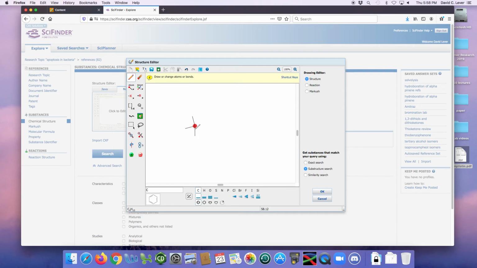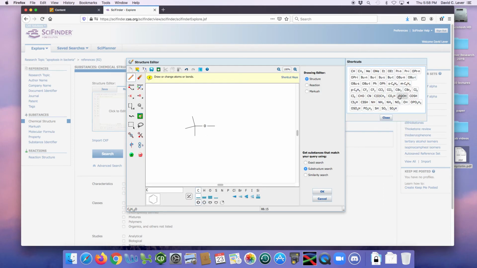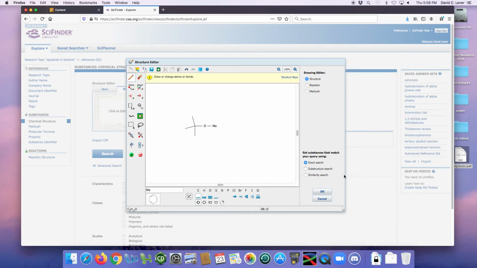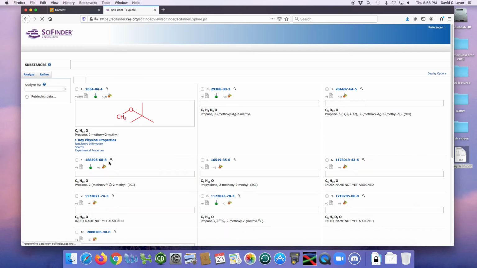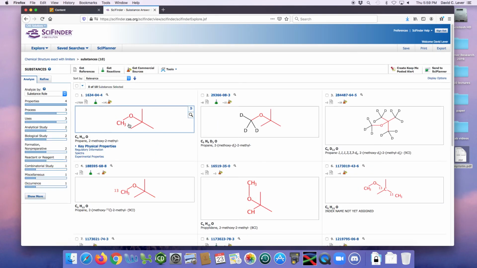There's a tert butyl group, and then an oxygen, and then a CH3, and I could use my shortcut here to tell it that I want a CH3 group by choosing the methyl group, and do an exact search. And I want the exact structure, and I want it a single component that's commercially available, and I could search for methyl tert butyl ether, and here it is,